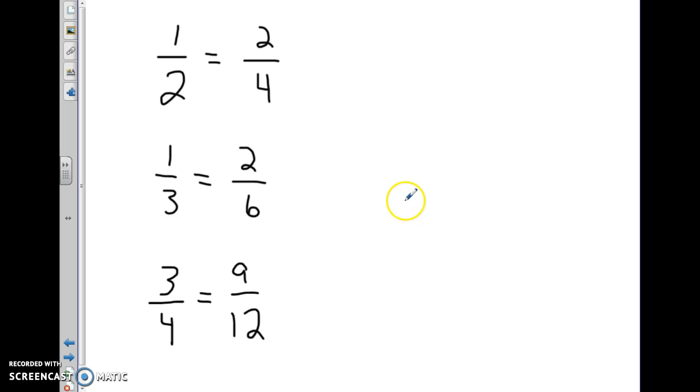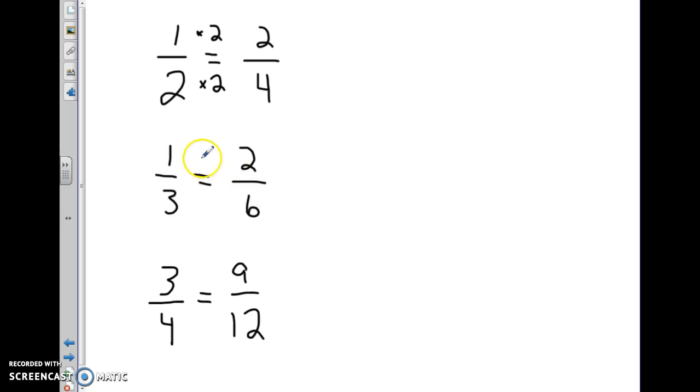Okay, so you may have noticed that when I'm looking at 1/2 and 2/4, the numerators, 1 and 2, I've doubled the 1 to get a 2, right? And what did I do to this 2 to get a 4? Well, if I double this 2, I'll get a 4, right? So that's a connection we can make here. If we multiply this by 2 on the top, and we multiply this by 2 on the bottom,